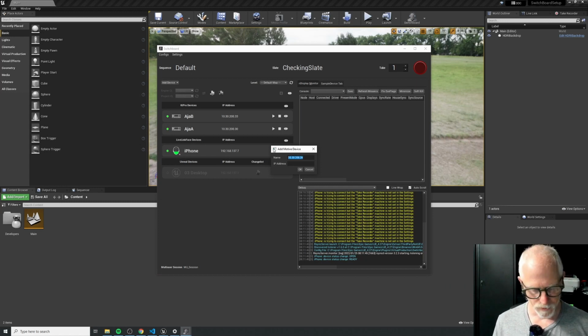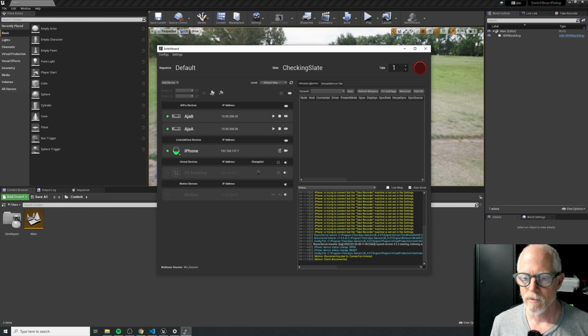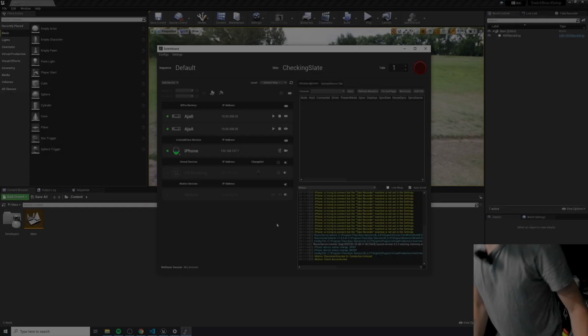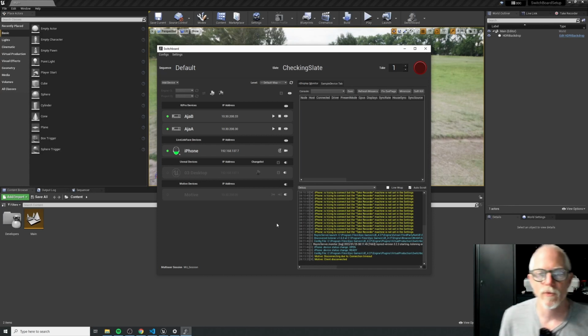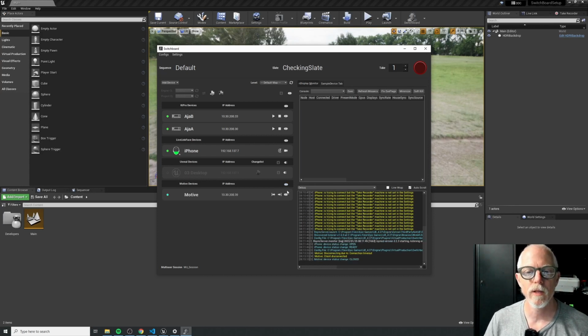Oops, wrong box. Motive reliably connects as well. Oh, what happened this time? I haven't logged in on that computer, so I'm going to go do that now. I'll pause the video and go turn that computer on. Okay, Motive is running now and set up to be live, and when I plug in, I get the blue